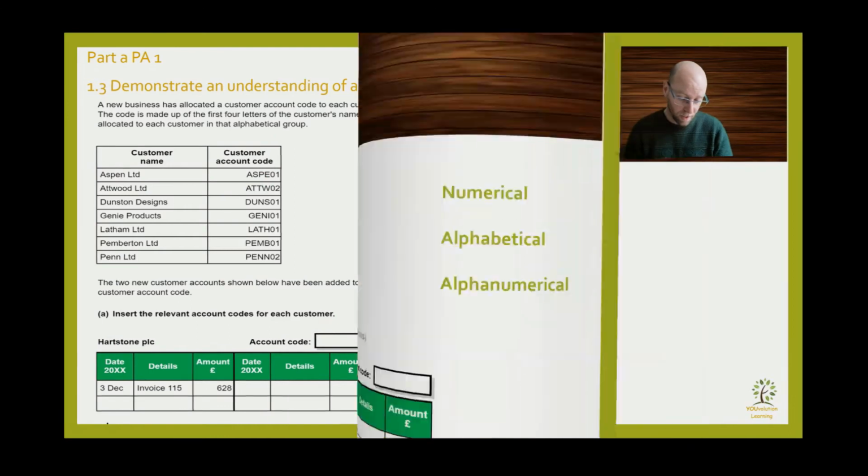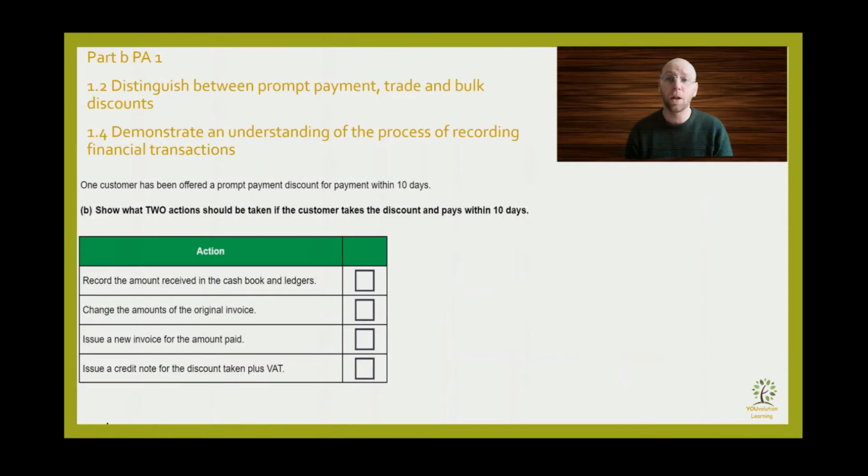Now let's take a look at part B. This is looking at learning outcomes 1.2 and 1.4. Learning outcome 1.2 is distinguish between prompt payment, trade and bulk discounts. And learning outcome 1.4 is demonstrating understanding of the process of recording financial transactions. Now this part of the task is testing if you can distinguish between the different types of discounts being offered. But I'm going to show you how we think about what sort of process happens